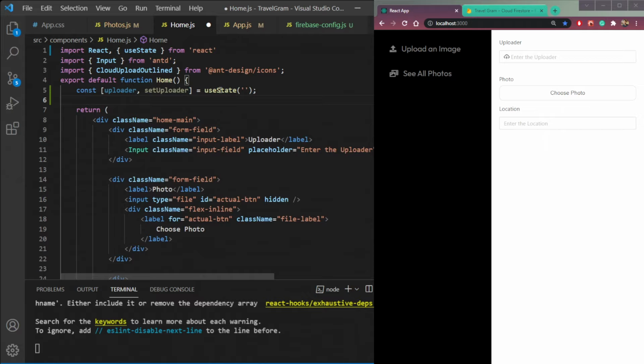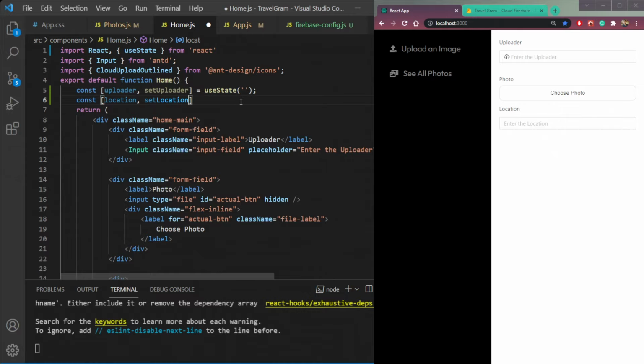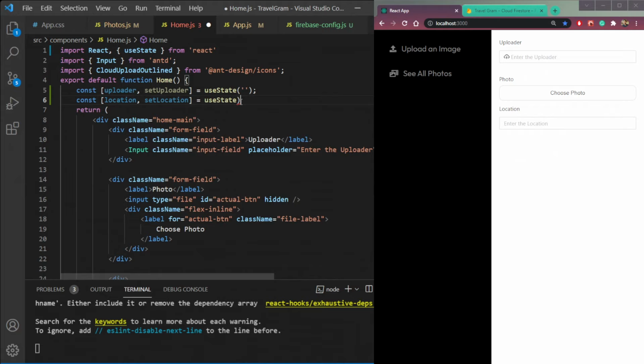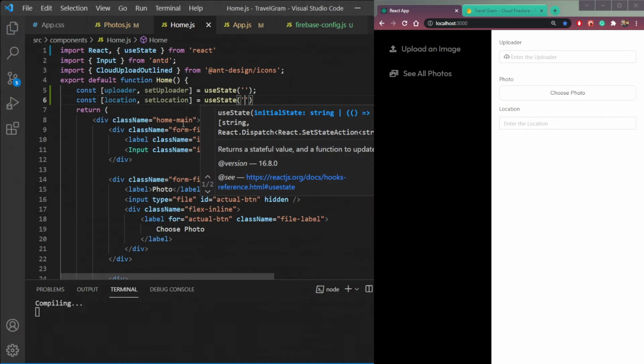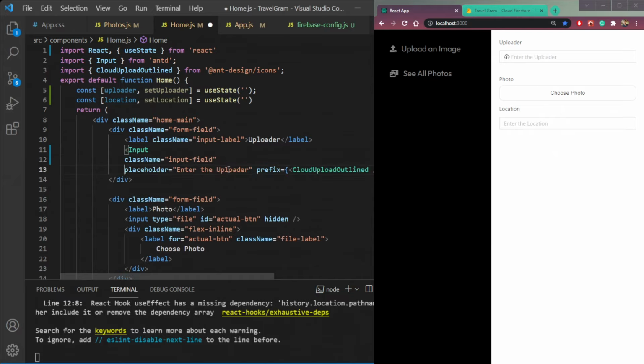Second is, okay, we don't need this photos state because we will just get data from this input directly. Then the location. So const location, setLocation equal to useState. This will also be an empty string, so put it here. Now let's set the data from this input field.